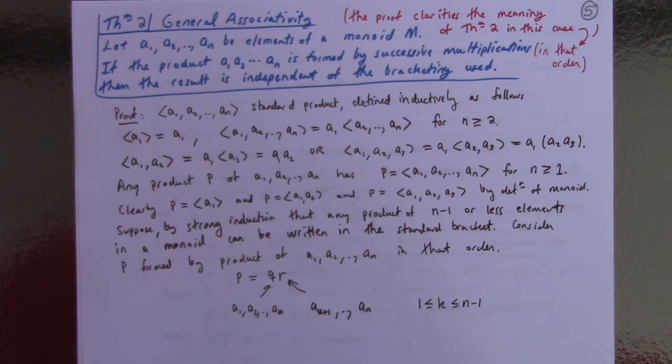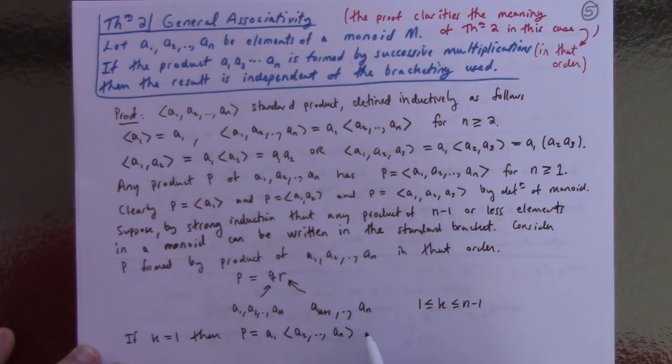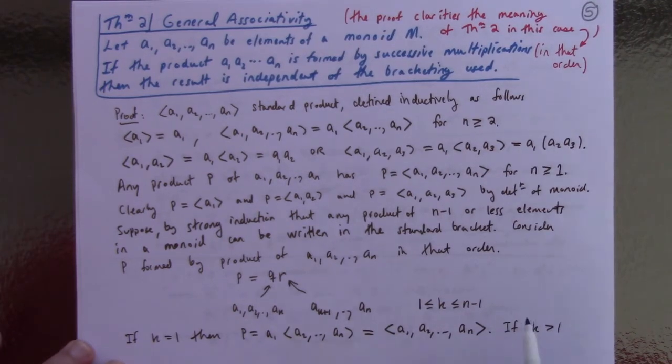So, excuse me. Notice if K equals 1, then we're done, right? Because what's P? P would be equal to A1, and then the R would be A2 through An, right? Which by definition is A1, A2, ..., An. So we've shown that if K equals 1, then we can rewrite the P in terms of the standard product. Now, on the other hand, if K is greater than 1, then